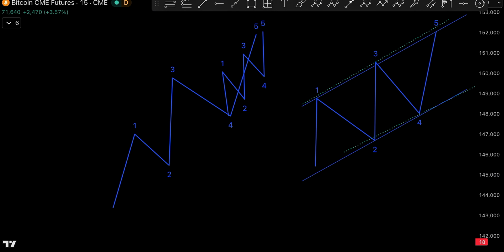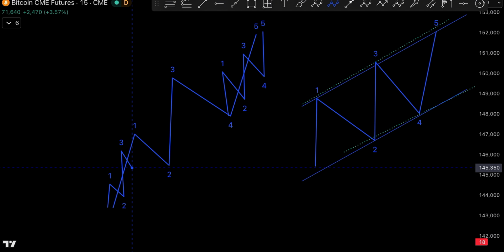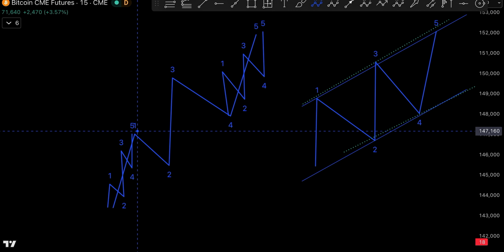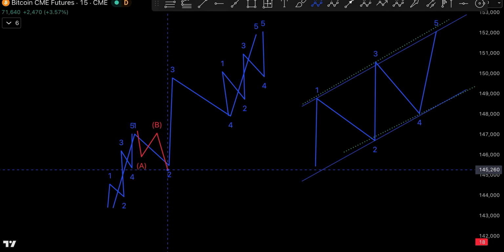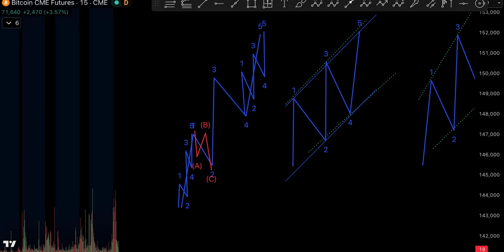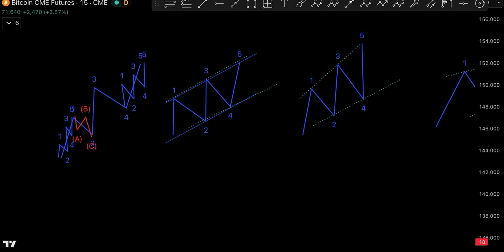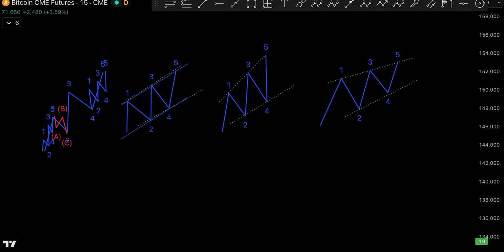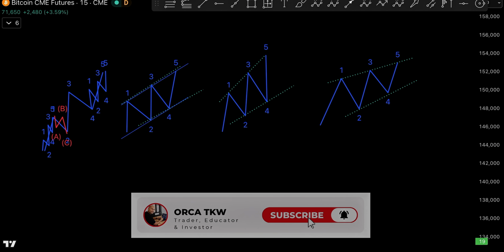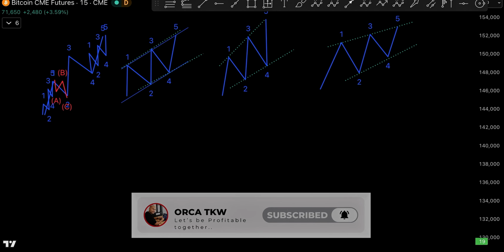In this first wave, we can have 1, 2, 3, 4, 5. And then we could have one ABC kind of a correction. So I will get back to this ABC now that we have already finished with the bullish structures. These are usually the bullish structures which happen in the price action. So when we talk about the corrective structures here,